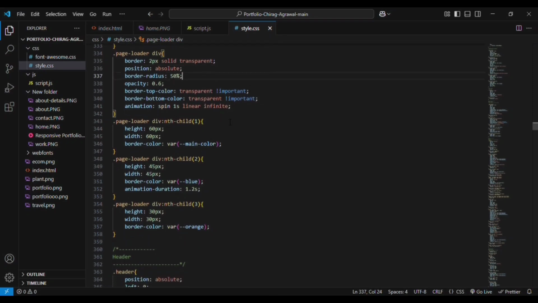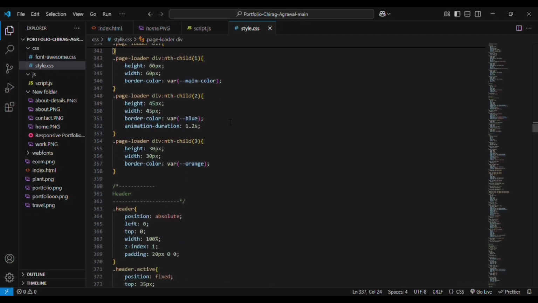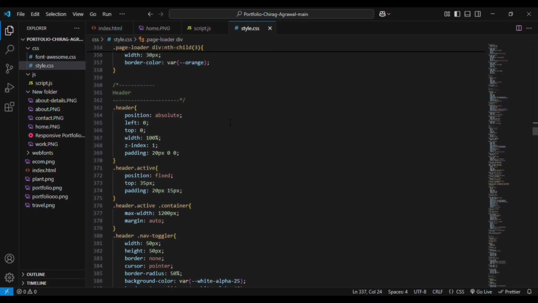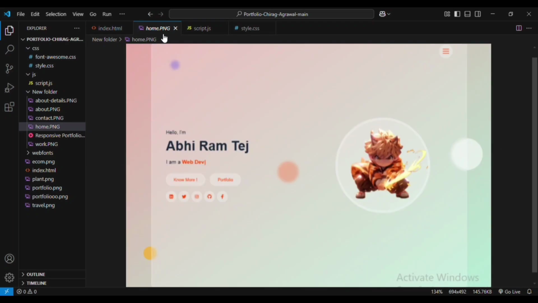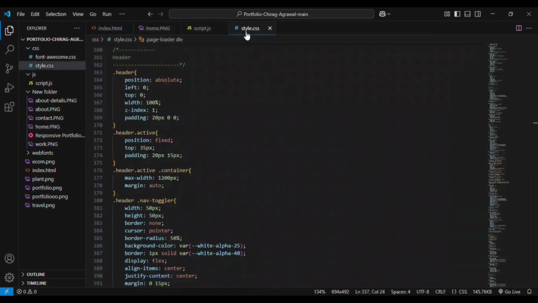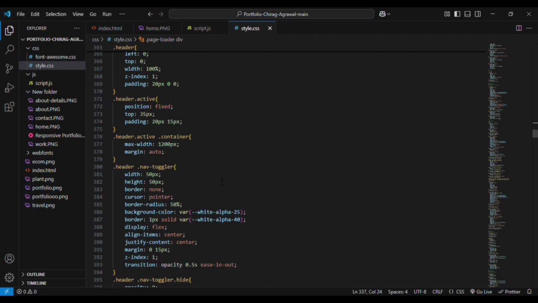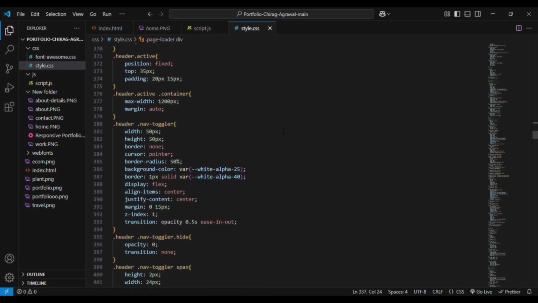Then in child, we can go to the next one, that is the header section, the starting section of the header. Position is absolute, left is 0, top is 0, width equal to 100%, z-index is 1, padding is given. You can see that is the one header we are giving here, the top. And when this header is active, position is fixed, top is 35 pixel. And for the header container, we are using maximum width is given, margin is done,